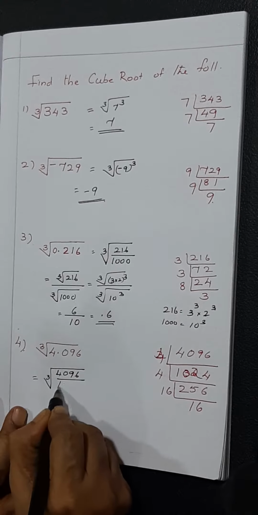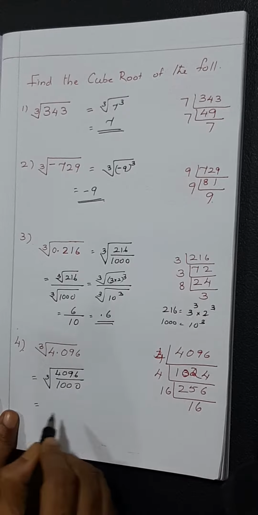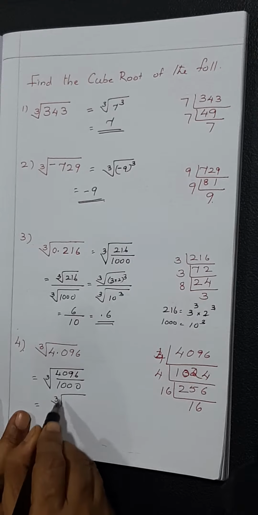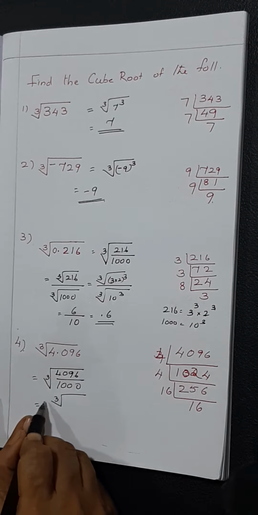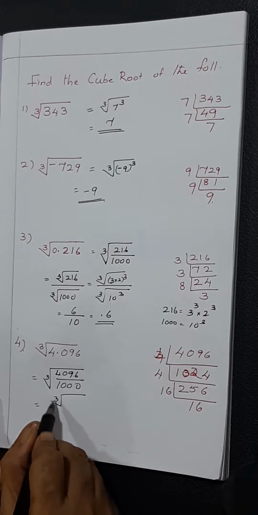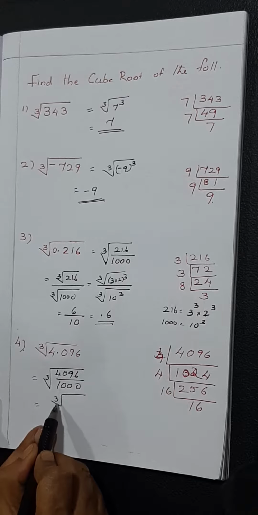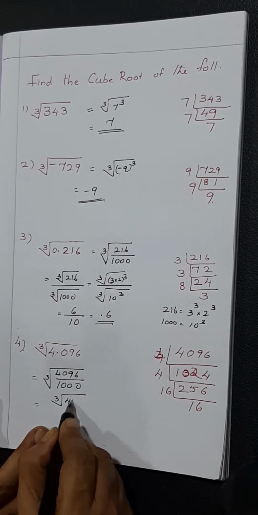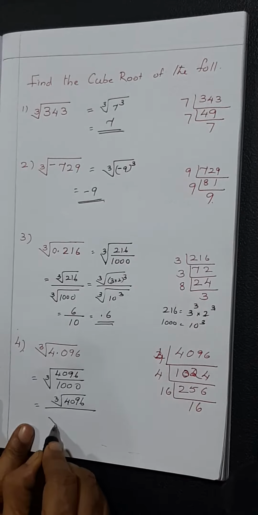4.4096 by 1000. So this is equal to the cube root of, you have to write the 3 inside this, not outside. So if it is a cube root, the 3, your number 3 should be inside this,